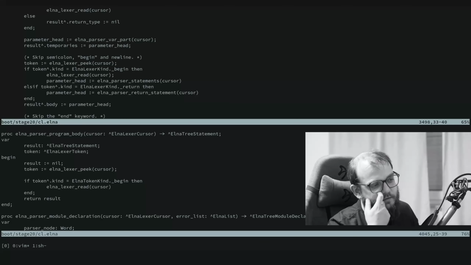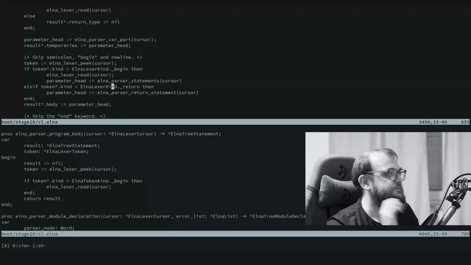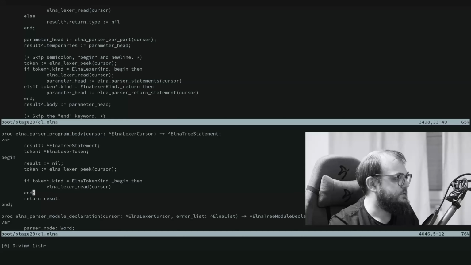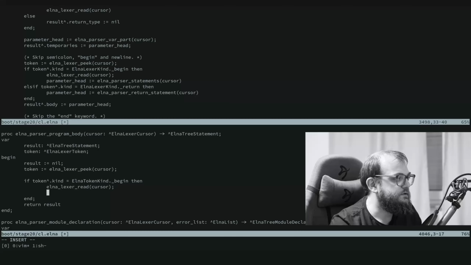Well, our main function won't have a return statement, but I think actually it wouldn't be bad to have a return statement so we can return the exit code from this function. But we begin just with the list of statements without anything else, and that would mean that we just,